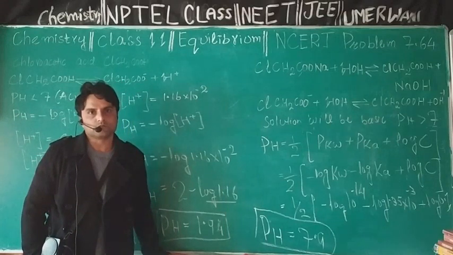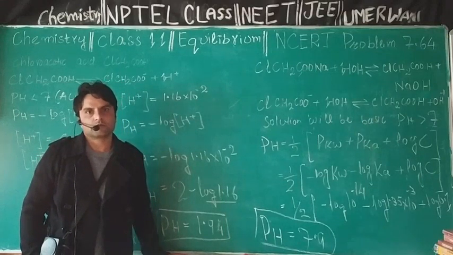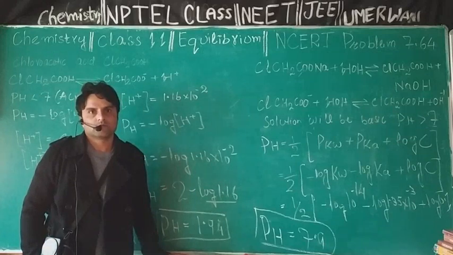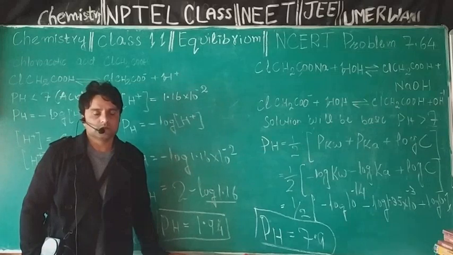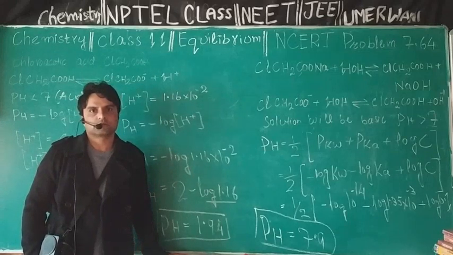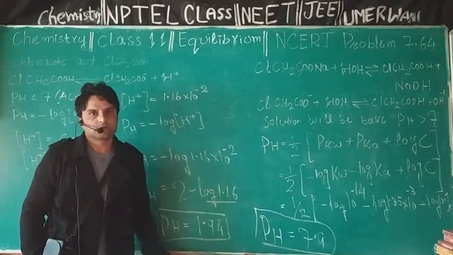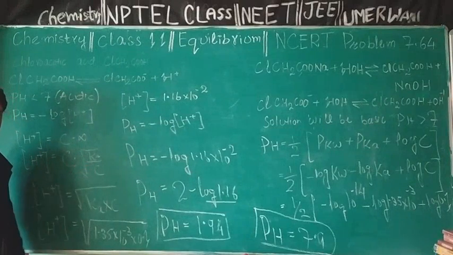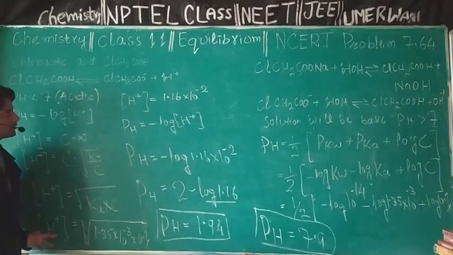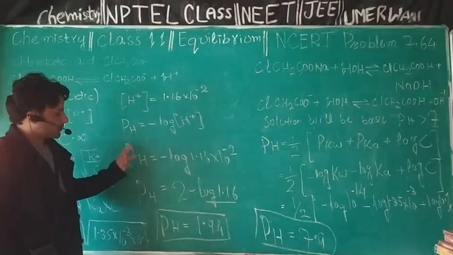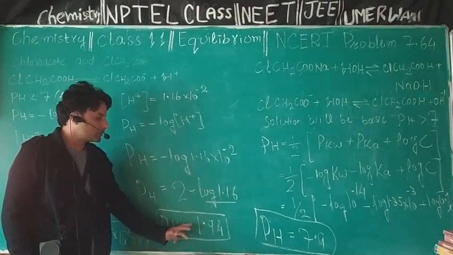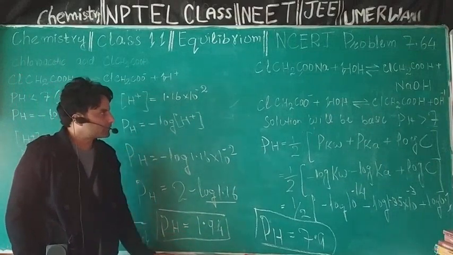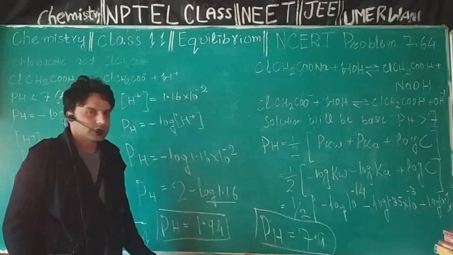And for calculation of the exact value of its pH, we need to first calculate the H positive ion concentration, which is equal to the product of its molar concentration and degree of dissociation. The degree of dissociation we express in terms of the ratio of acid dissociation constant and concentration using Ostwald's dilution law. On evaluating, we found that the pH of its 0.1 molar solution is 1.94, confirming that its solution is acidic and the pH is less than 7.